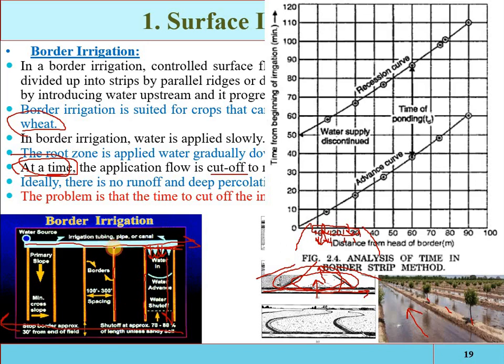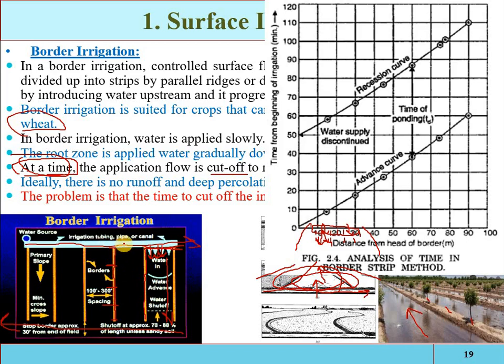For example, this is the first point at the start of the border. This is the next point. Suppose this is the third point, this is the fourth point, this is the fifth point. So along the border, mark different points, place stakes for the representation, just small flags or small stakes, or just mark different points along the border.